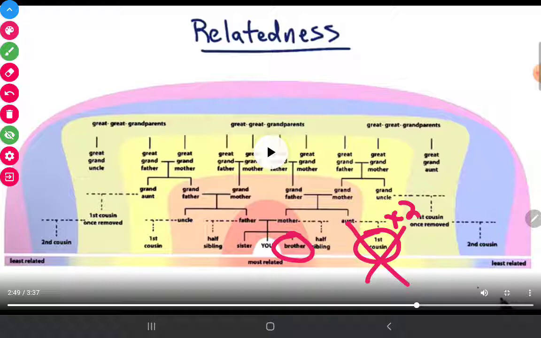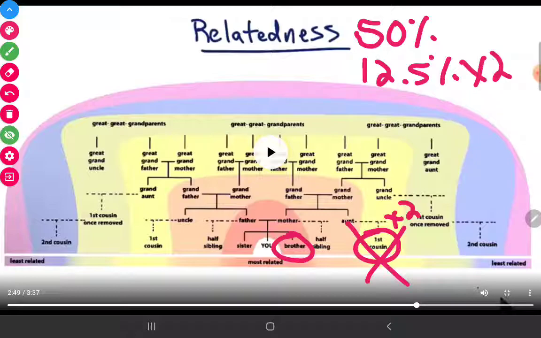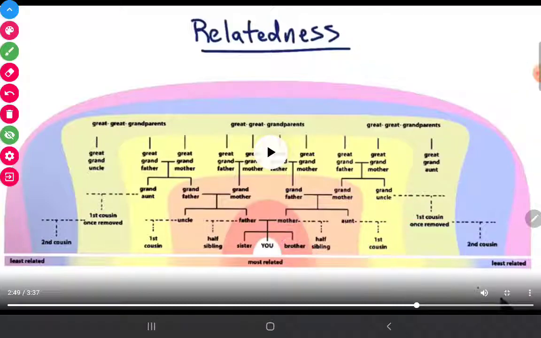So let's look at why. My brother, his name is George, he has 50% of my DNA. My cousins only have 12.5%. Even when there's two of them, that's only 25%. And so I still get more of a DNA amplification by helping my brother. So how many cousins is it going to take? Well, if it's between my brother and, say, 5 cousins, which is like all of my cousins, basically my entire extended family, if my brother is hanging off of a cliff,